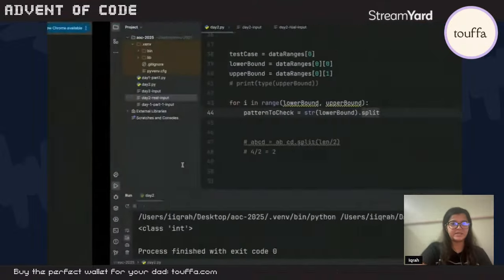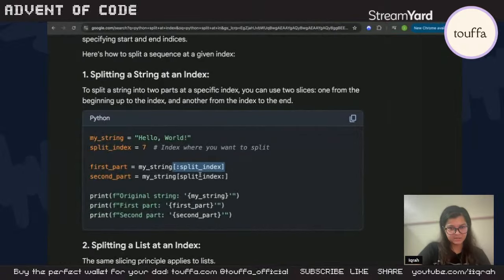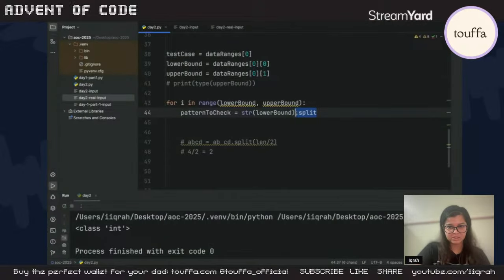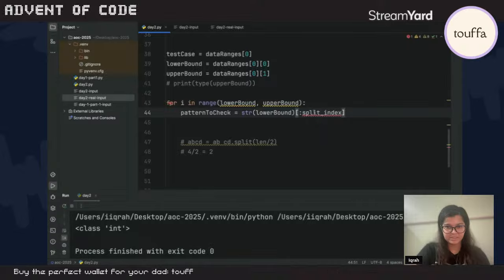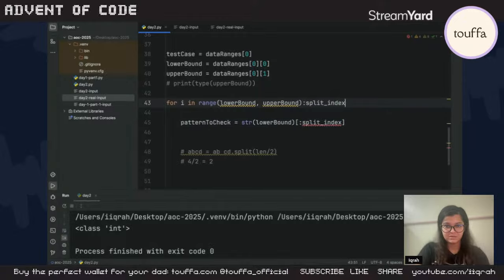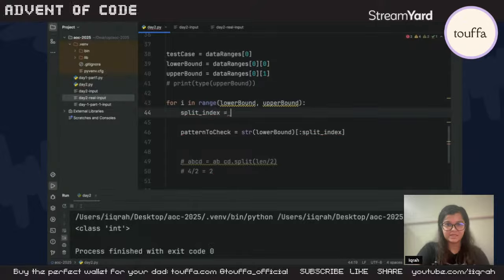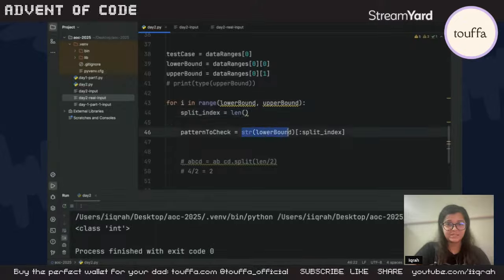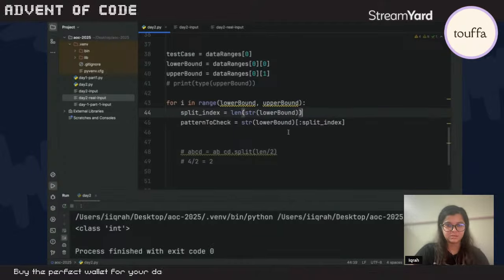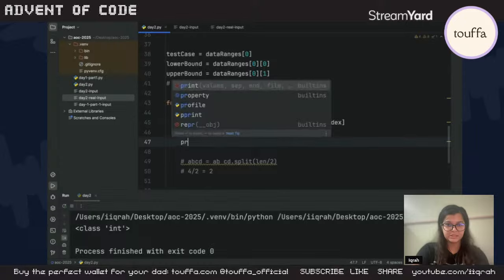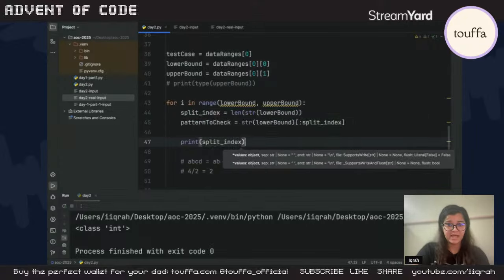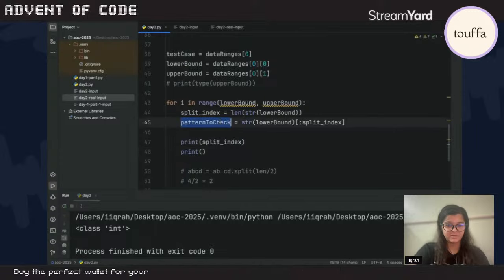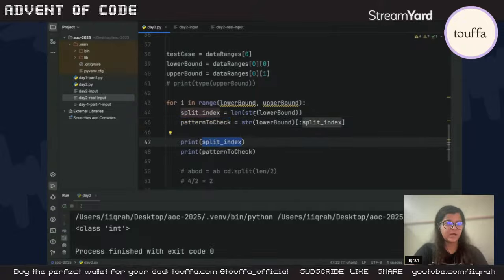We want 0 all the way to the split index. What was it again? Oh, we don't need split, we just need this. We don't have a split index. Well, let's make that. Split index is basically length of str lower bound. Now if we try to print the split index and the pattern to check, we should get 1, because length of 11, which is 2,